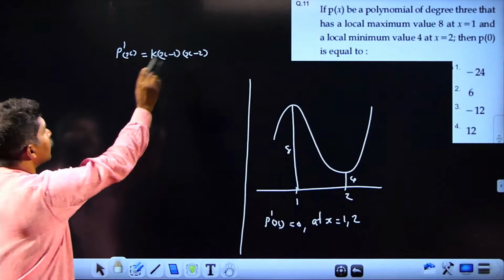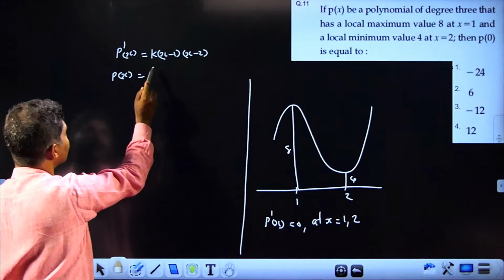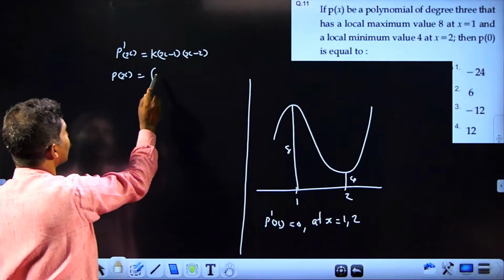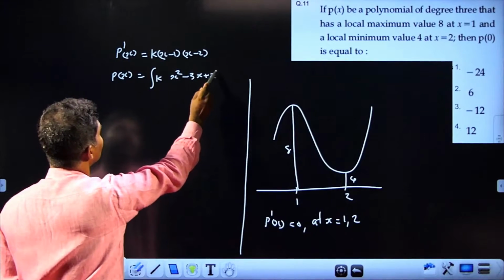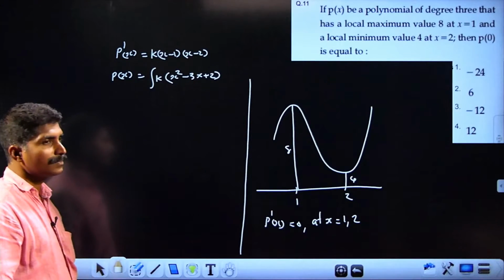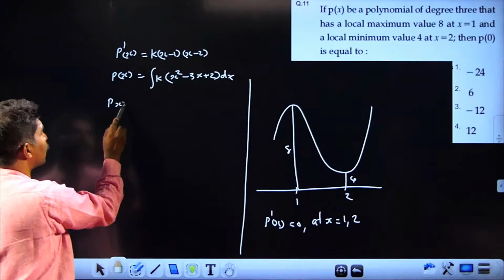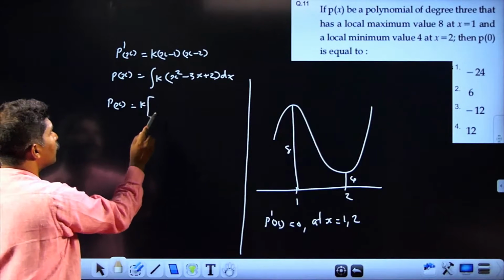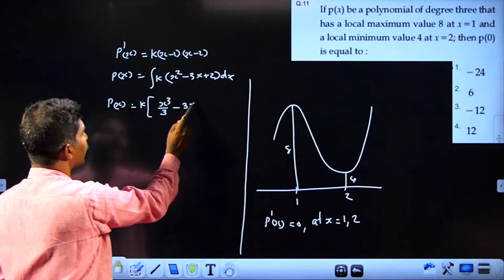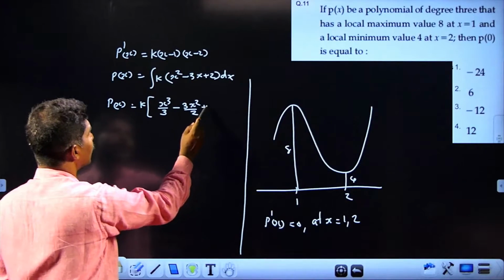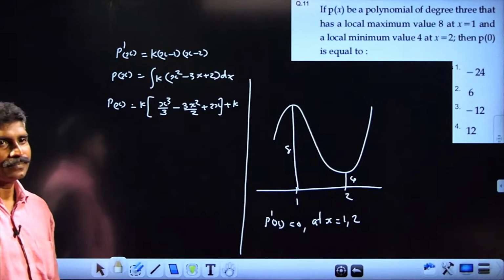Opening the bracket and simplifying, we can calculate P of x also. What is P of x? Its integral. Integral of k into (x² minus 3x plus 2) dx. That is P of x equal to k into (x³/3 minus 3x²/2 plus 2x) plus